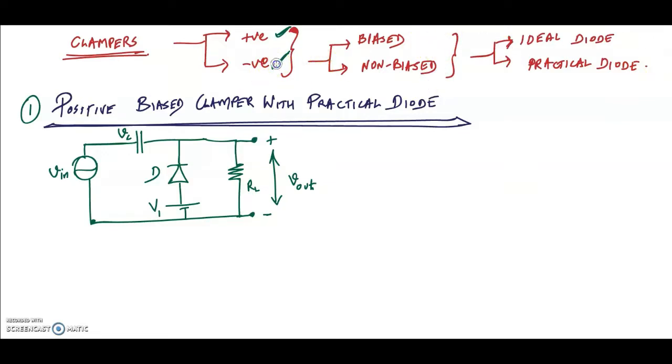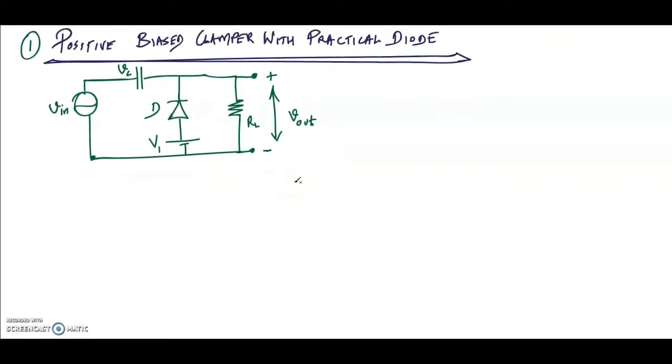The one that I will discuss with you today is the positive biased clamper using a practical diode. It covers almost all the cases, and that's why I've chosen this one. Let's see the positive biased clamper with a practical diode. How do you understand the working? Basically,